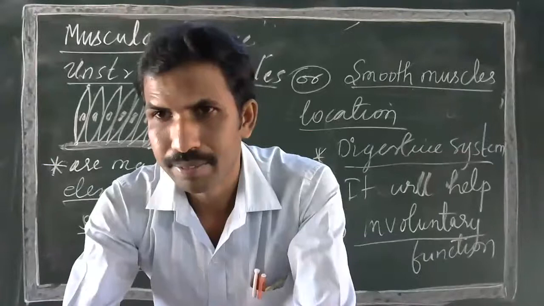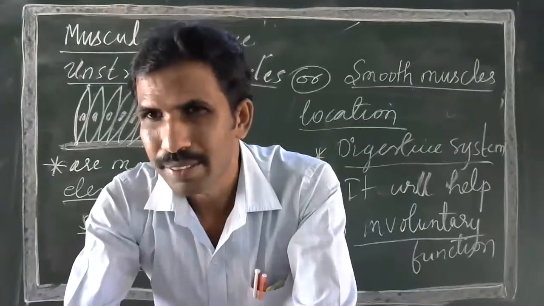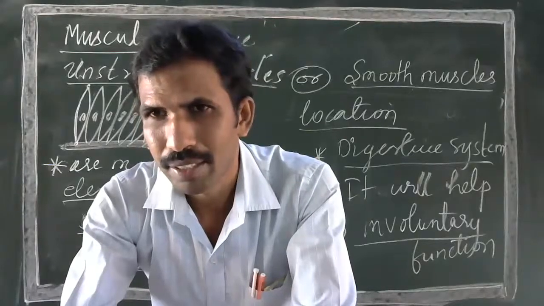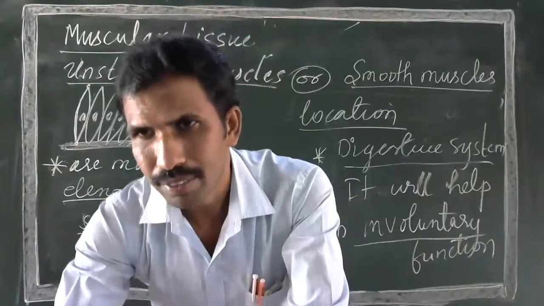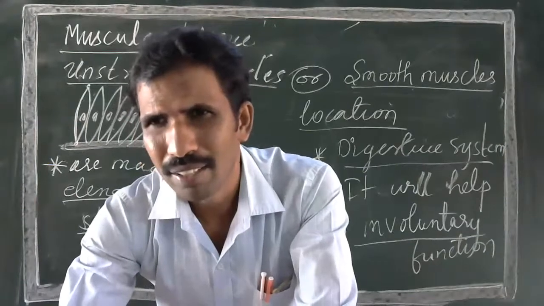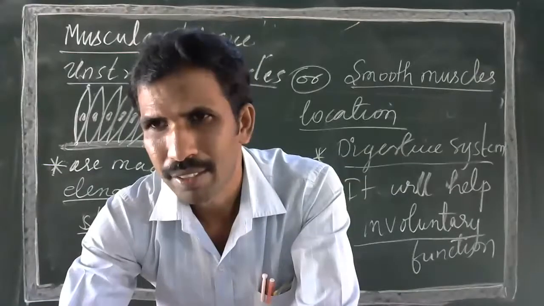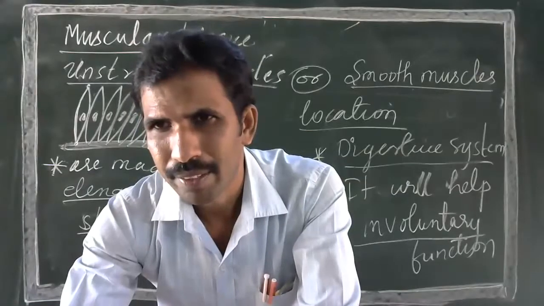Movement of food in esophagus is called dash. Phloem. Huh? I'm not able to hear you here. Phloem. Phloem? Huh? What phloem here? You are wrong. Ambika? हाँ सर